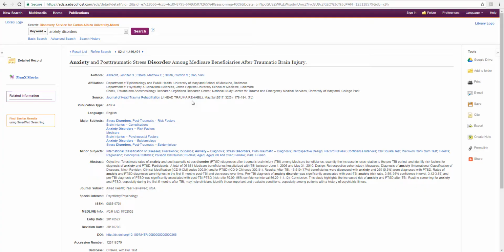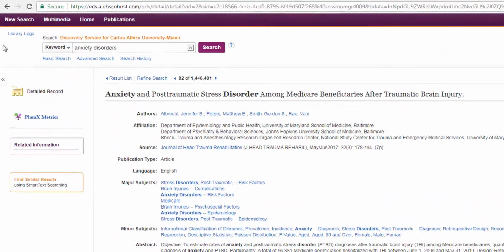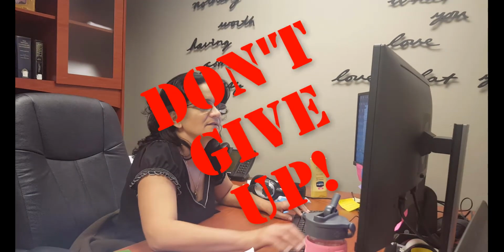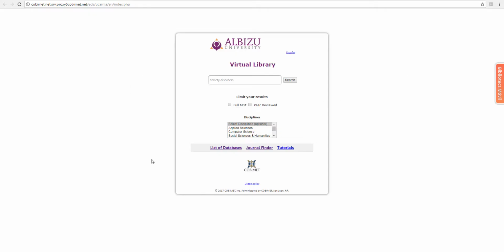Has this ever happened to you? You're looking up an article, but we only have a stub, and you can't see the article in full text. Yeah, but why isn't this full text? I don't understand. If this happens, do you give up? The answer is no, you don't give up, and I'll help you find the article that you need with the